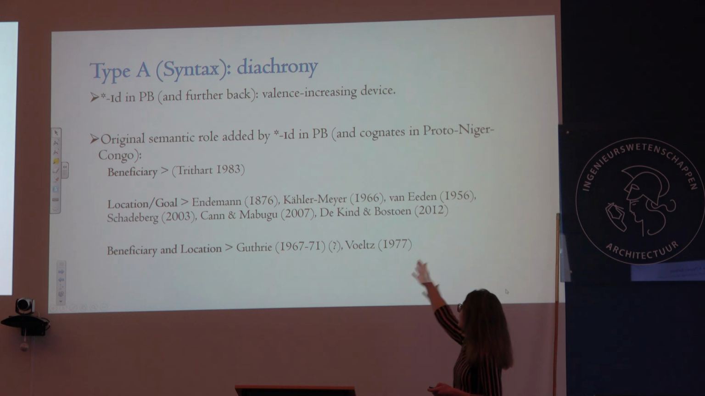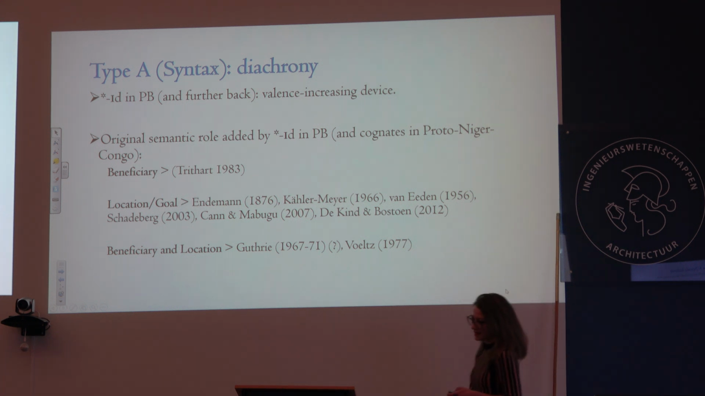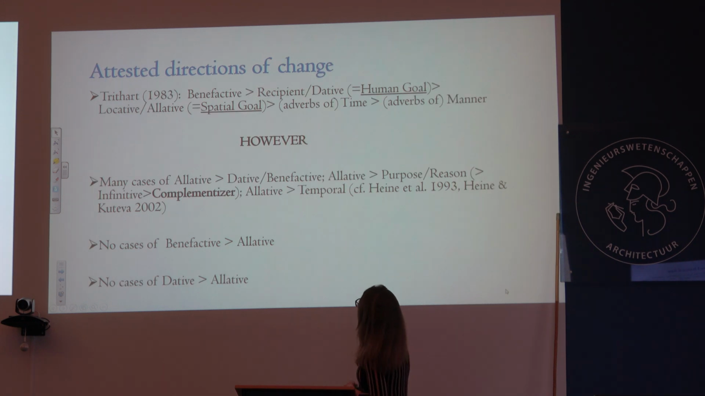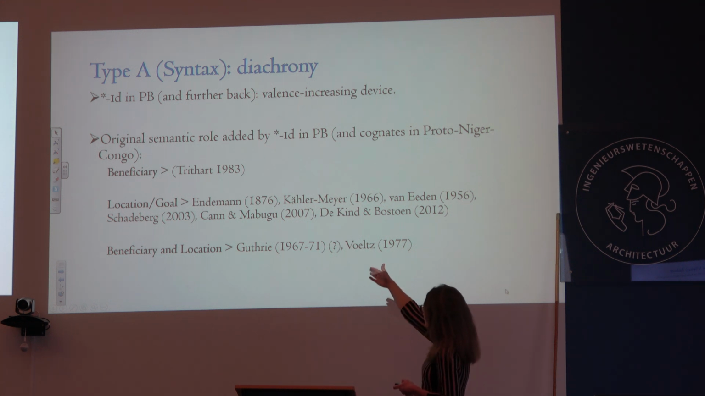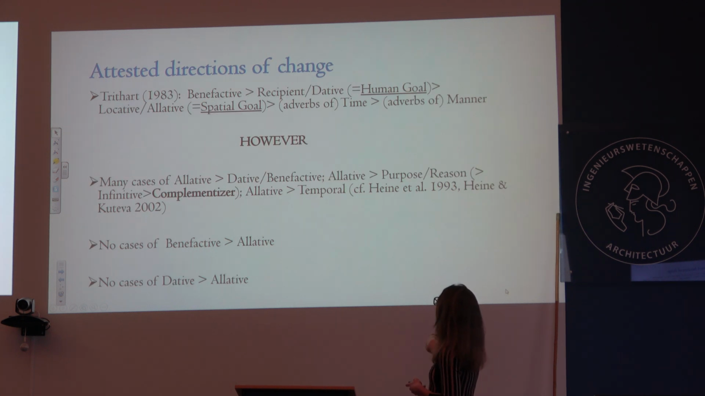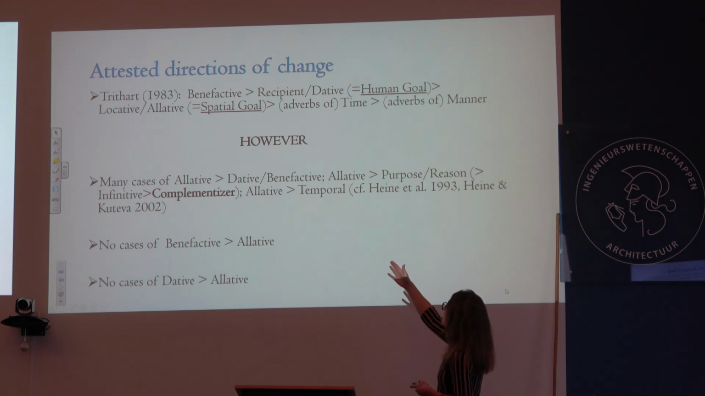So here you see the supporters of each stance. So I would like to argue, you see that most people propose that the original function was either location or goal. And Heath proposes that it was likely introducing a beneficiary. I would like to argue that based on a tested direction of change in other language families, what Heath proposes, mainly that we went from a benefactive to a recipient dative, meaning human goal, to a locative allative, meaning spatial goal, and then to time and manner, is unlikely